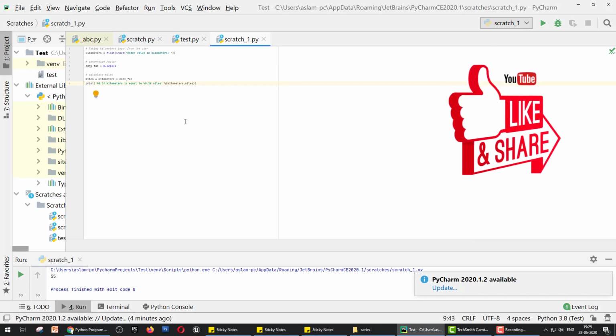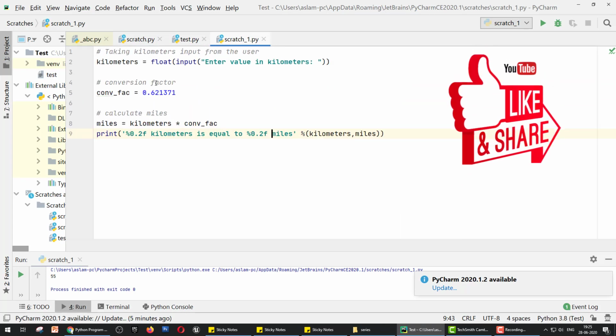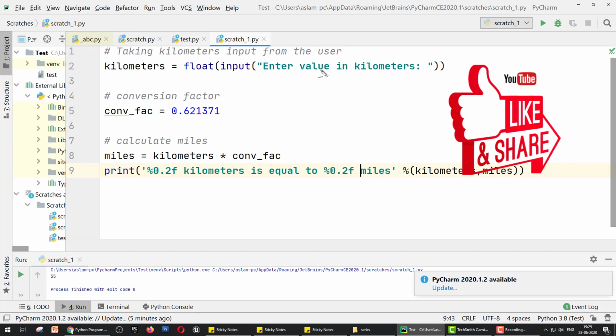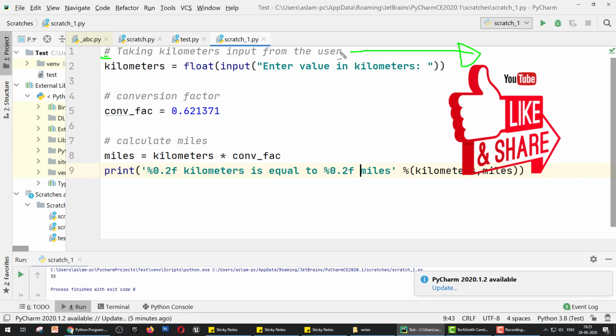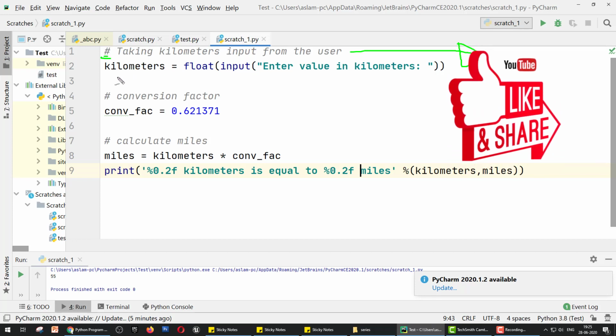So let's start. I will explain only the written program, I don't want to bore you. Okay, this is the program. First of all, the first line is a comment to describe the code to the user, using a hash. If you use a hash, it is a comment, not part of the programming code. Okay, so first of all we define a variable.